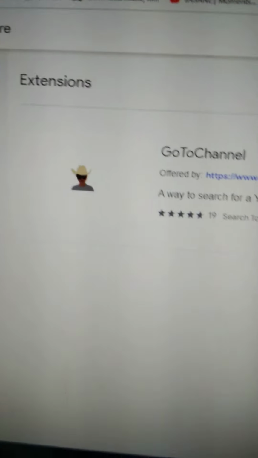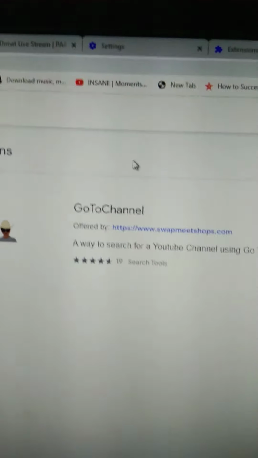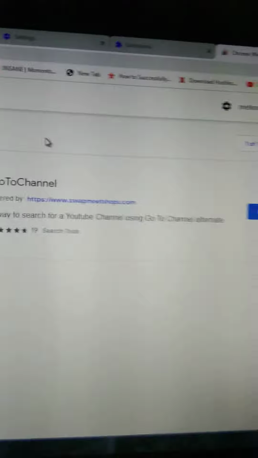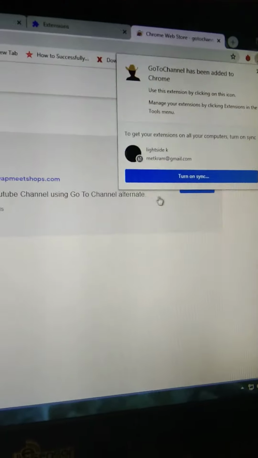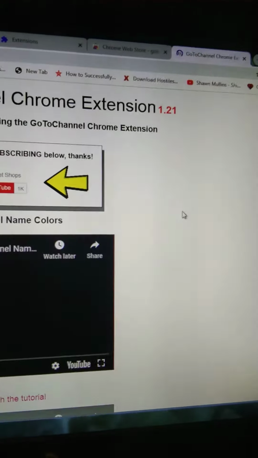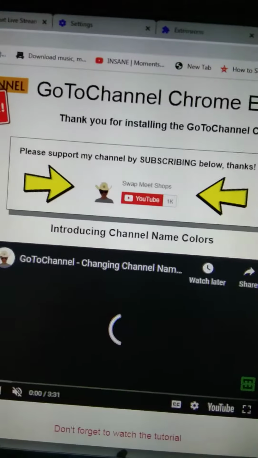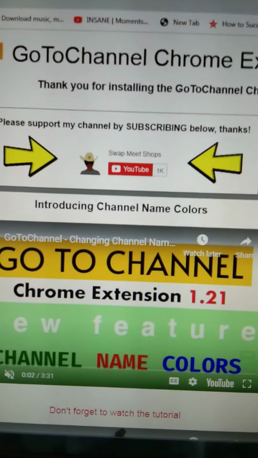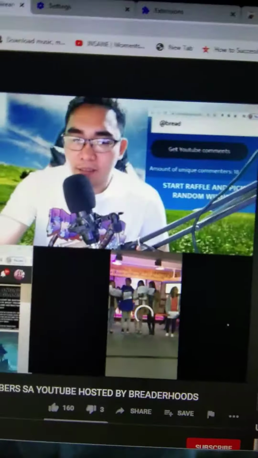This little man will appear with a cowboy hat, and then you click add to Chrome and add extension. Wait for a while, it's checking. So that's it, it's been added. So now you go to a live stream,